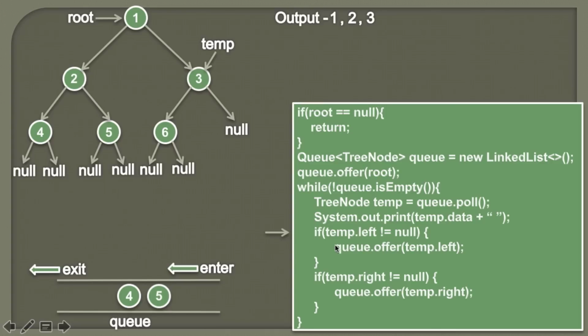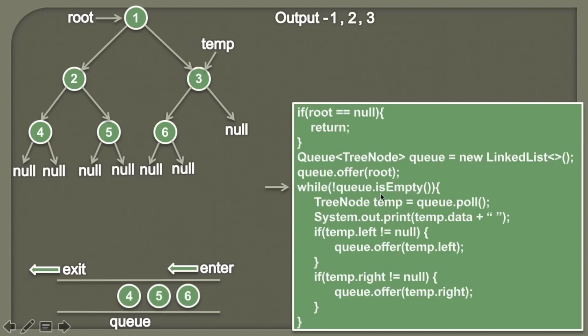And then we'll simply check whether temp.left is equal to null or not. So here you can see temp.left is nothing but node 6, therefore it's not equal to null. So the condition in if block comes out to be true. And then we'll simply store the node 6 on the queue. Moving ahead, and then we'll check whether temp.right is equal to null or not. So here you can see temp.right is equal to null. So therefore the condition in if block comes out to be false, because we are not storing the null value on the queue.